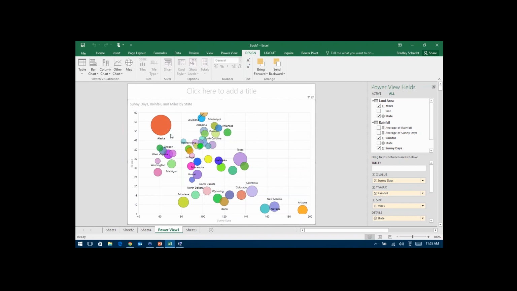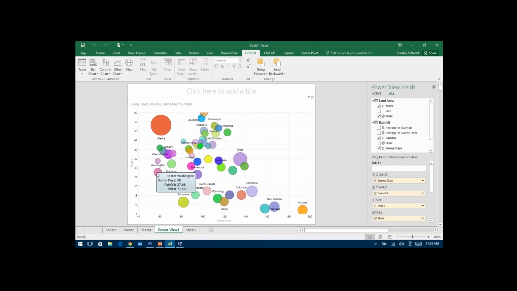But if we try to find something like Minnesota, or try to find Washington in here someplace, you'll notice that Washington actually doesn't have a ton of actual rainfall. I can eventually find it, it's someplace in here, I promise. Washington State actually doesn't have a ton of rainfall.